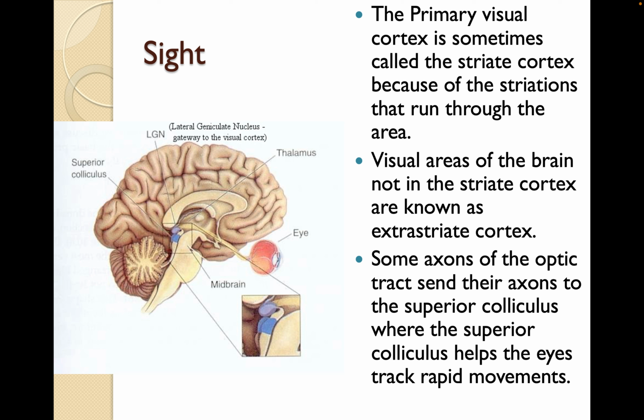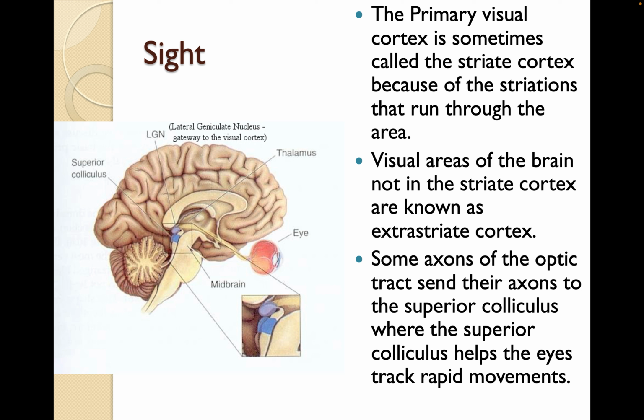The primary visual cortex is sometimes called the striate cortex because of the striations that run through the area. Visual areas of the brain not in the striate cortex are known as extrastriate cortex. Some axons of the optic tract send their axons to the superior colliculus, where the superior colliculus helps the eyes